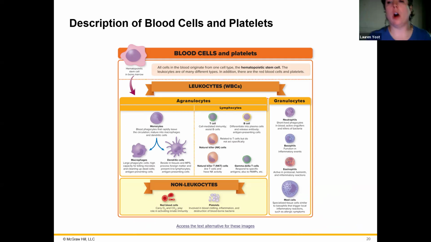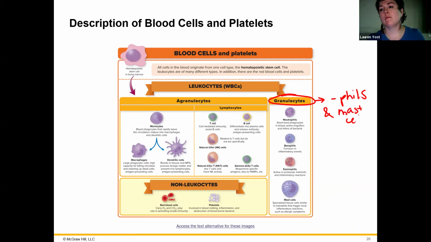All right, so our granulocytes include all of the fills and our mast cells. So if it ends in fill, it's a granulocyte. And if it's a mast cell, which we'll talk about the functions of in chapter 17, I don't want to get into it now. But if it's a fill or a mast cell, it's a granulocyte. They have these granules in there, and a lot of those granules are going to be things like histamine and things that can moderate the inflammatory